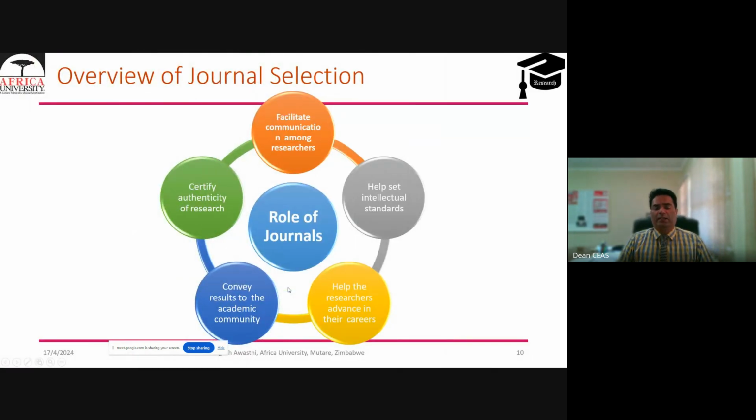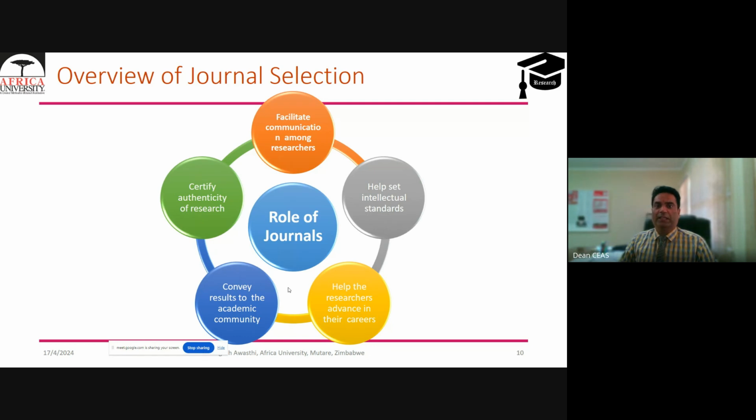So, journal selection. What is the role of a journal? As a researcher, when we publish our research work, obviously it certifies the authenticity of the research. If it is cited by many people, when your research arrives in the publishing market, obviously when people are citing your research, it means your research is authentic. That is the reason people are using your work